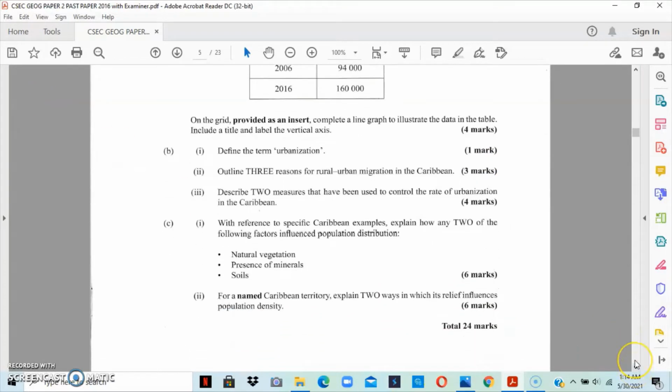Part 3 of the question asks that you describe 2 measures that have been used to control the rate of urbanization in the Caribbean. Now in the Caribbean, what they use to control urbanization is that they basically develop new towns. So for example, in Jamaica, our urban center, Kingston, was so overly populated that they had to basically develop new towns. So for example, Spanish Town and Portmore, those towns were developed as a way of basically controlling the rate of